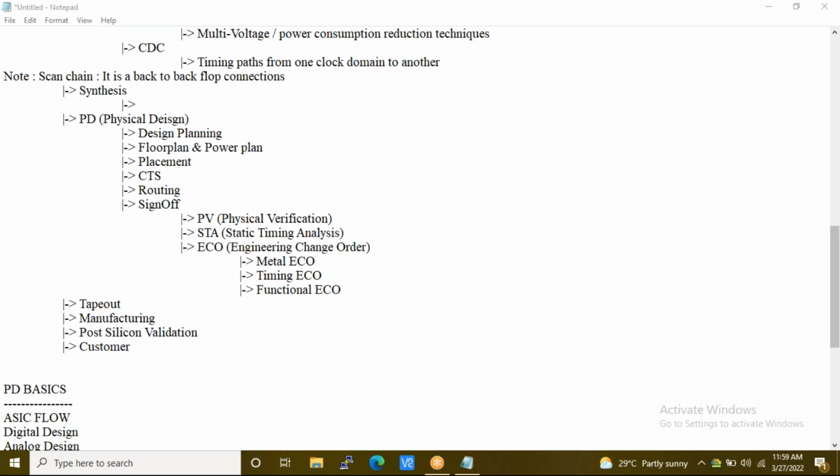If someone is from a tier 3 college, but he has a good overall percentage and is interested in core electronics, that's why he wants to go with physical design. What is the chance? See, there is nothing like tier 1 college, tier 2 college, and tier 3 college. There is nothing like that. Hiring always happens on your performance, how well you learn. So if you perform well, you can do that.